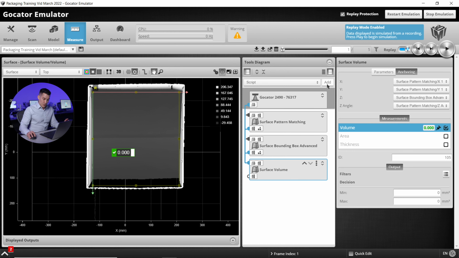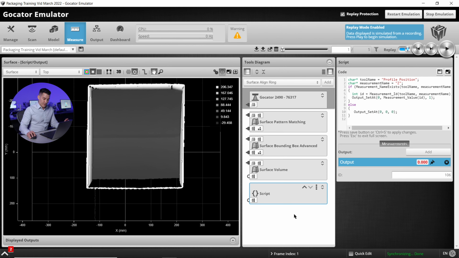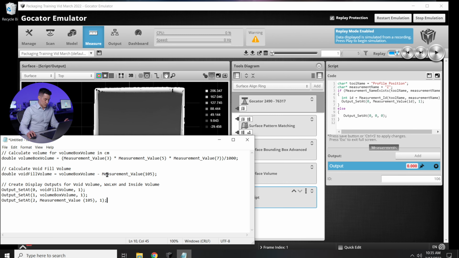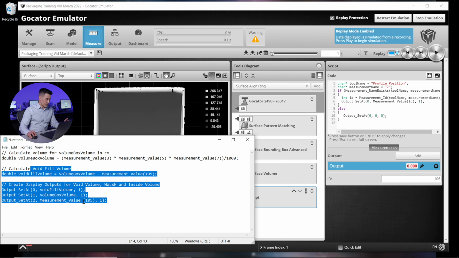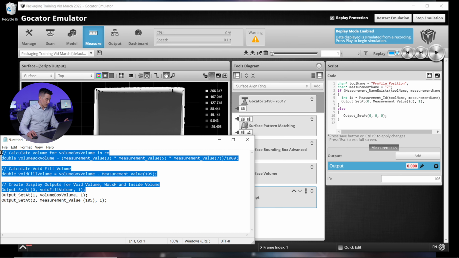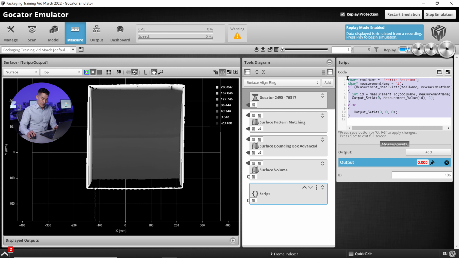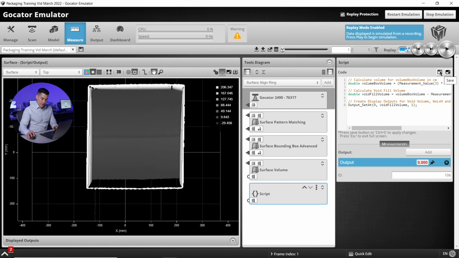So with this script tool, I'll add it, and this can provide a nice template for you. I'm going to just grab that here. And what we can do is we will walk through this script once I've applied it together, and we can take a look and see exactly what's going on.